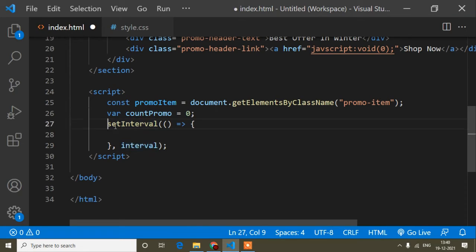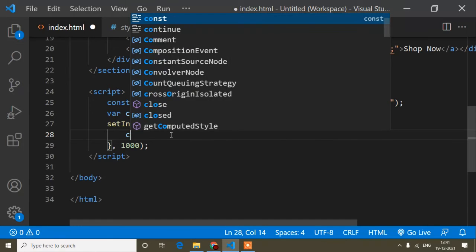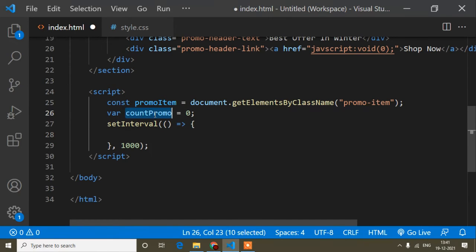I mean, whatever you write inside this interval will be called again and again, after the time you set here. So if I set 1000, it means 1000 milliseconds, that means 1 second. So after every 1 second I want to, suppose, increase this counter promo.